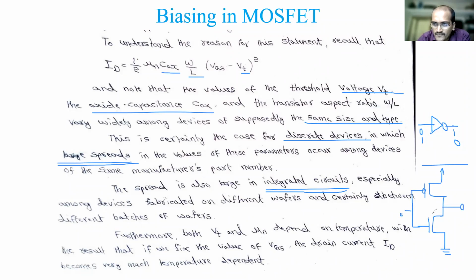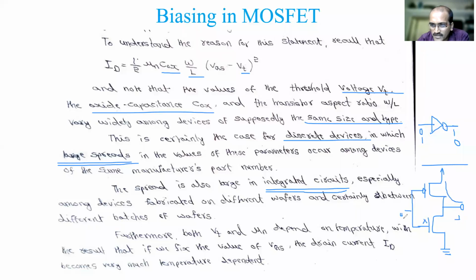Okay, so when you apply 0 here, this will be on. And this VDD supply, whatever is there, will flow through this, drain to source, and come to the output. And since the other input is 0, that MOSFET will not work in that case. That's why you get an inverter: if 0 is given, you get 1.